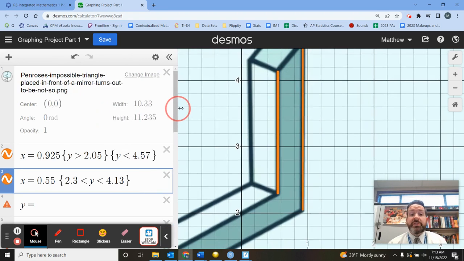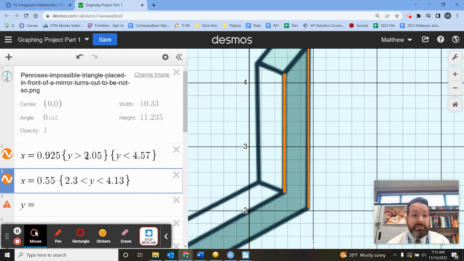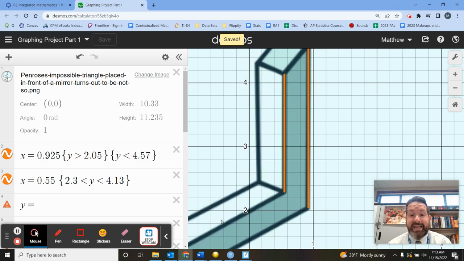Now, when you're doing your restrictions, I don't care which way you do. If you like the first way where you do the bottom and the top separately, that's all good. If you like the compound inequality way, where you put in the low end and the high end with two less than symbols, that also is okay. And as always, make sure the last thing you do is save that